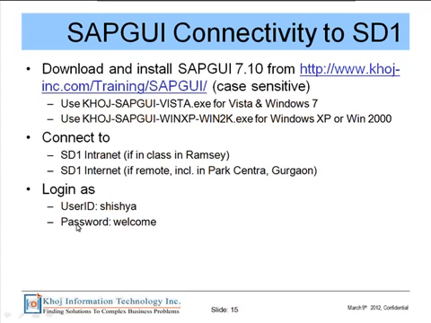And if you're in the class, you would be connecting to SD-1, which is our SAP system, on the intranet. If you're remote, or if you're in our Park Central location in Gurgaon, you'll be connecting through the internet.